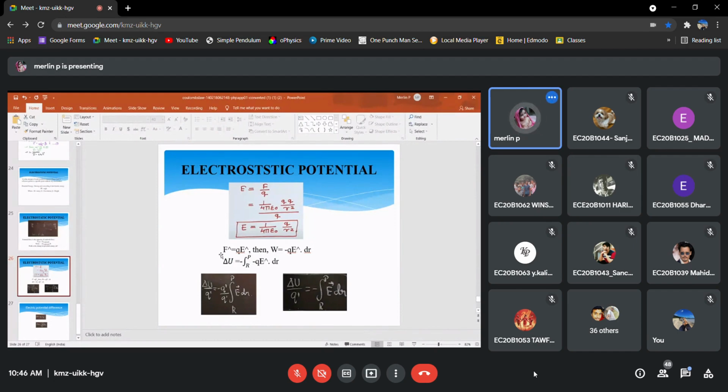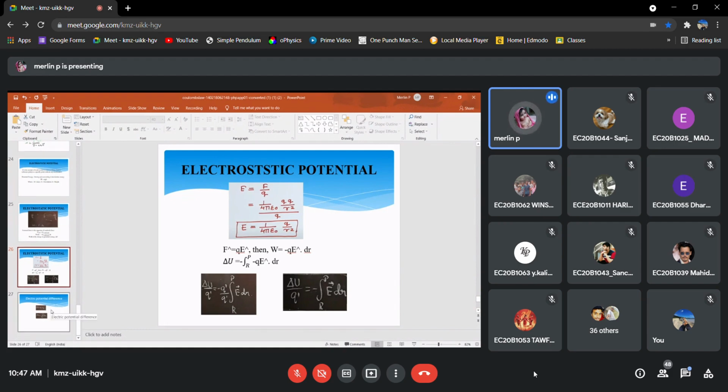So this is the equation for electrostatic potential. Then for per unit charge, we are going to see for a particular unit charge what will be the electrostatic potential. For that we have to divide with the unit charge. So del U by Q dash is equal to minus Q, we can take outside. Q dash divided by Q dash gets cancelled, and finally you will get the electrostatic potential for a particular unit charge like this.